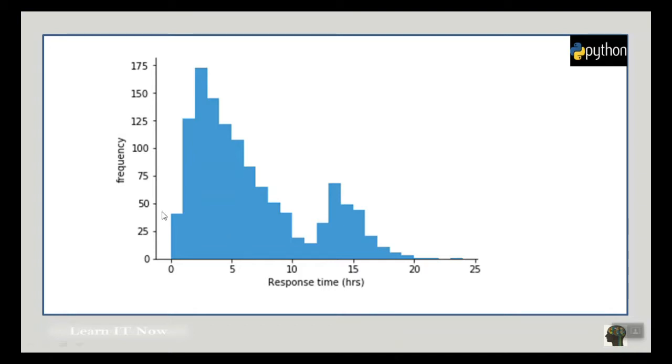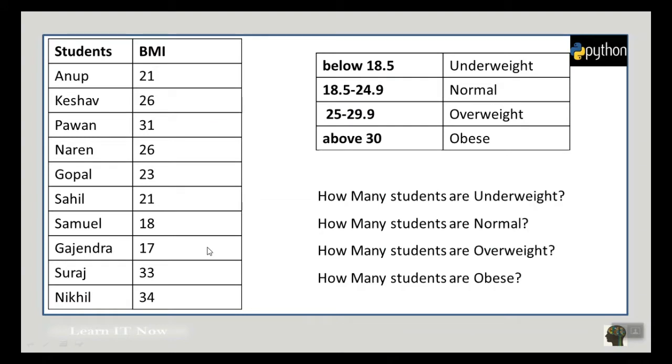This histogram represents the response time of medicine on people. So from this graph, at a glance, we can find out in how many hours maximum people responded to the medicine. So from this graph, we derive that at 3 hours, most of the people responded because the peak of the frequency table is high at the third hour. Histograms are bar chart where y-axis contains the frequency of a variable.